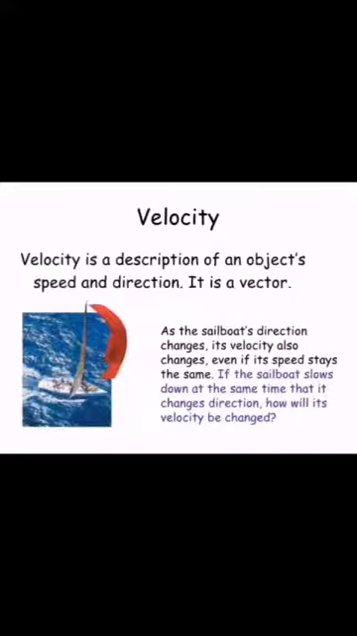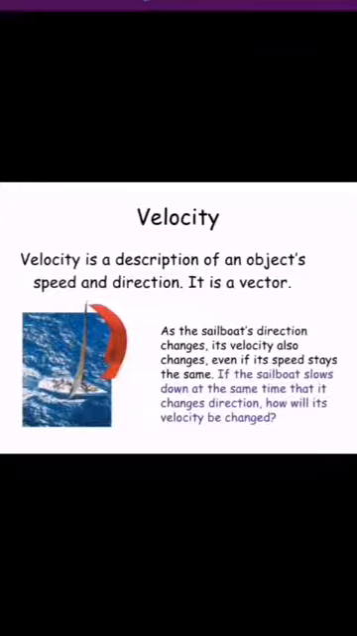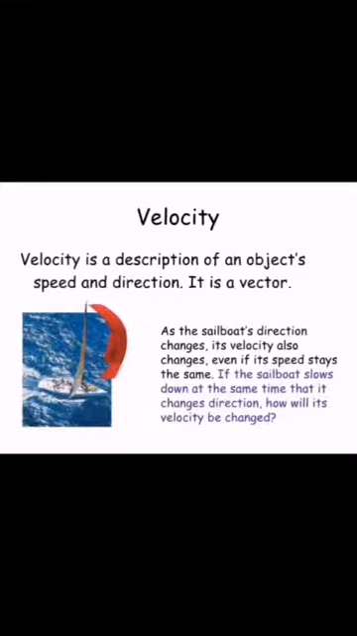Since displacement is a vector quantity, velocity is also a vector quantity. Actually, velocity shows the direction of speed. The system international unit of velocity is also meter per second. For example, as the sailboat's direction changes, its velocity also changes, even if its speed stays